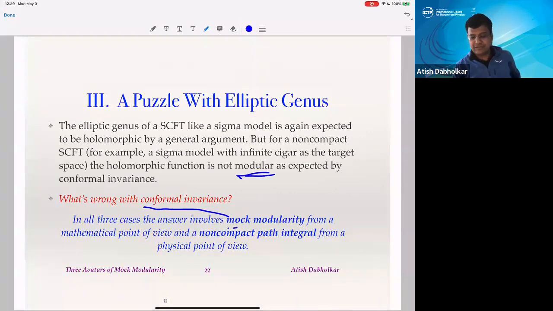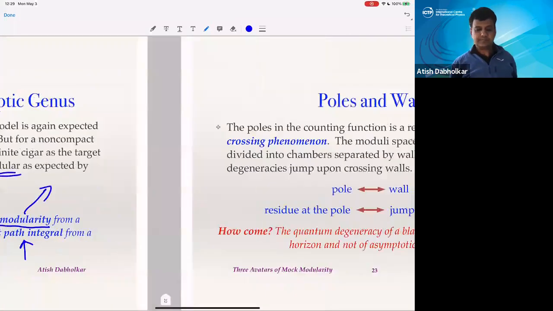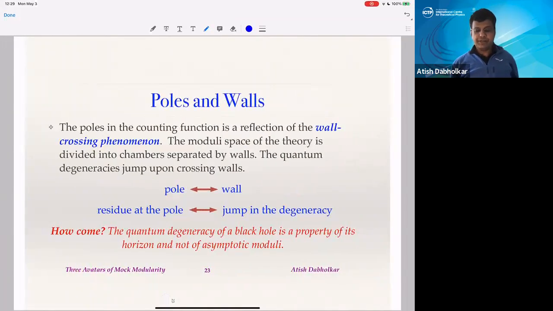So much of my work in the last few years was to first understand mock modularity from the mathematical point of view, or how it came in the black hole story. And some of the recent work was to really understand it from a physical path integral, how to explain that mock modularity. Now, the story for the meromorphic function is very nice, actually, and I will very briefly, in view of the